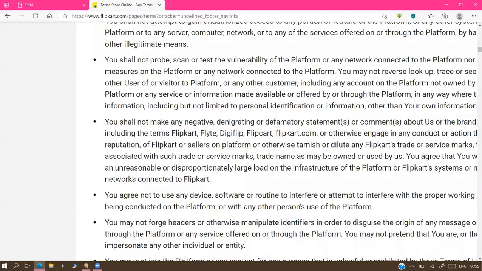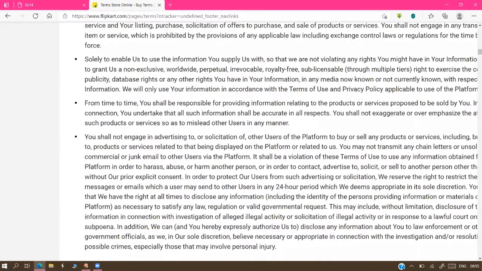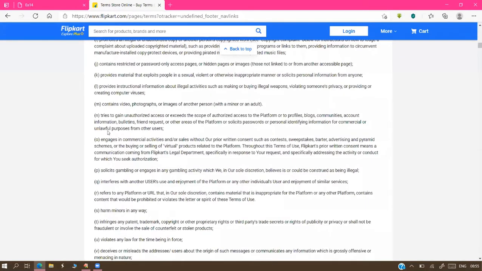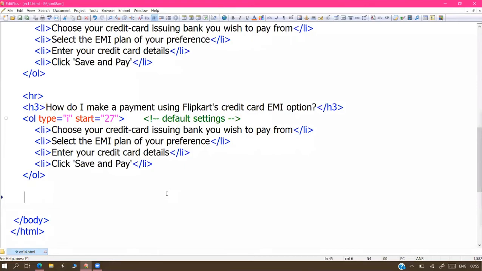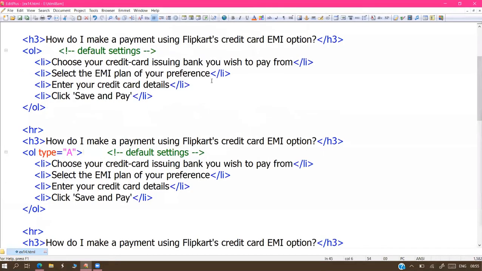Now on websites, these options are compulsory, but generally we are not checking these things. The reason is we are busy with the shopping only, not reading any terms and conditions. As a customer, that is only what we see now, the secondary thing. Okay, I'll show the nested list later.